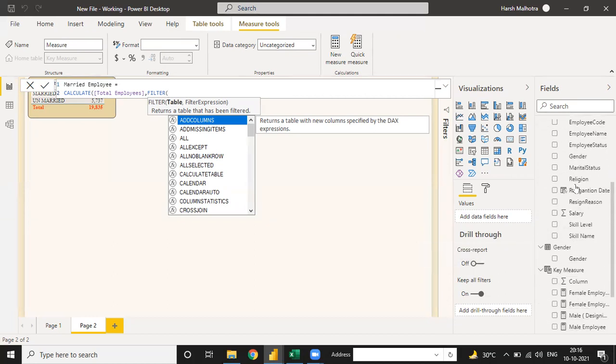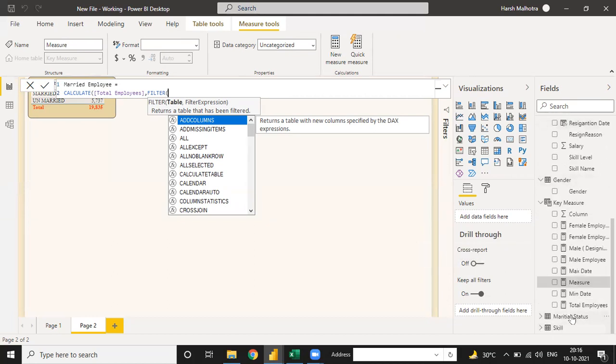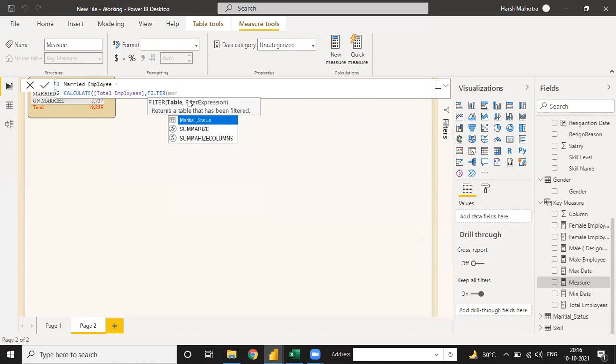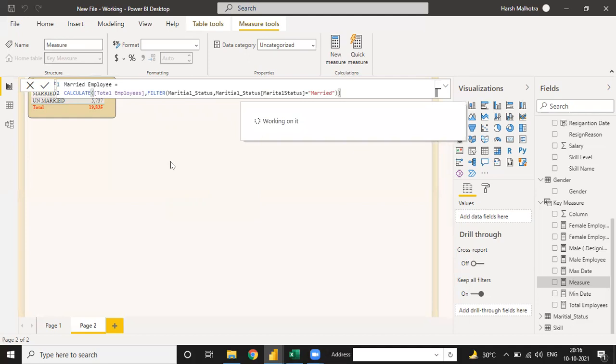Also we have a separate table, I think, this one, marital status. So I can write the marital status table, go to marital status and is equal to, and just enter, it will give you the value of the married.